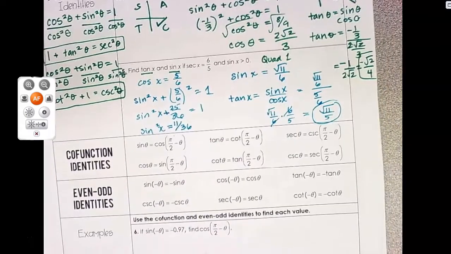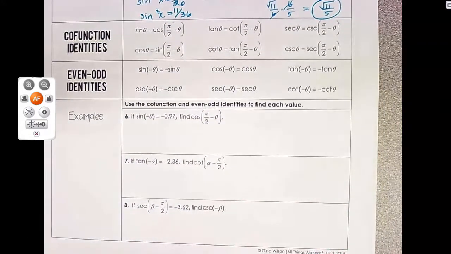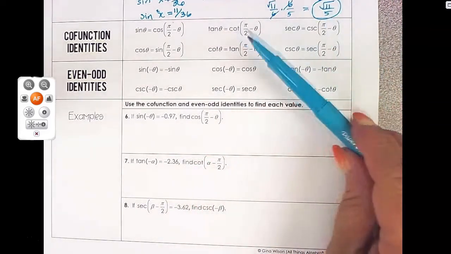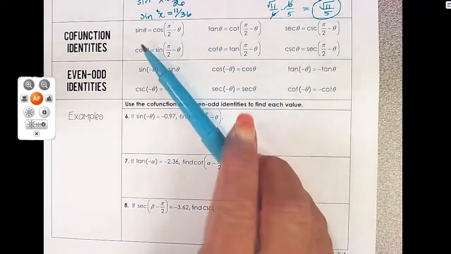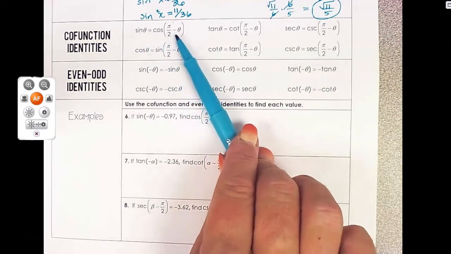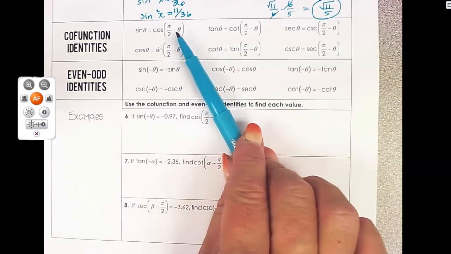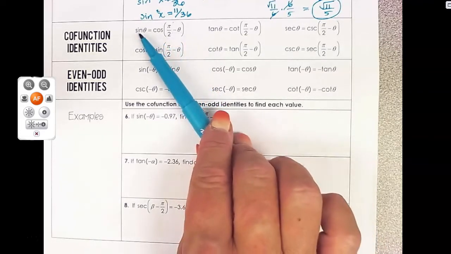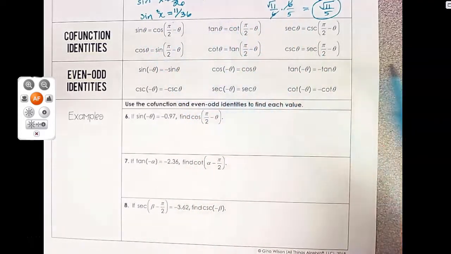Alright, so these cofunction identities, we are not going to work with them very much at all. All you need to know is that they exist. Okay, and lots of you already pointed out sine and cosine are related because they're simply a phase shift. If you take cosine and you move it to the right, you're going to end up with a sine wave. Excuse me. So basically,